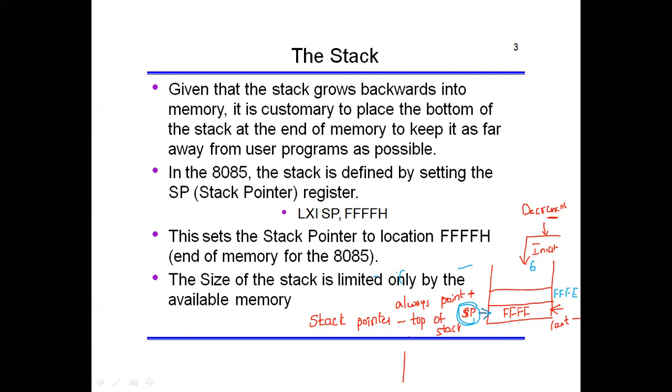Fine. If you decrement by 2, the stack pointer will be FFFD. If you decrement again, the stack pointer will be FFFC. So that is the thing. If we want to insert any element, you have to decrease the stack pointer by 1. Decrementing in the sense, now the stack pointer is pointing here, that is FFFE. Now I'll insert the element 6 here.